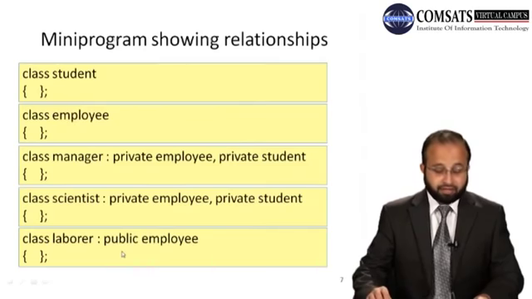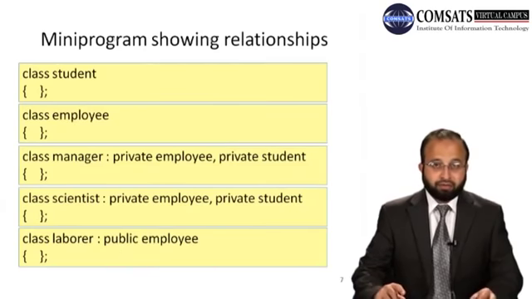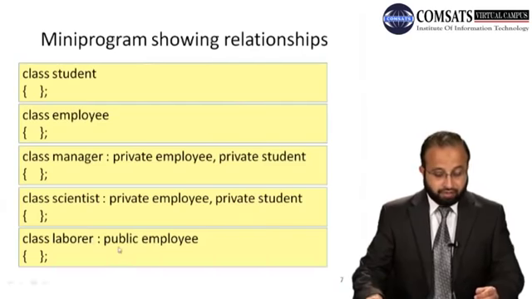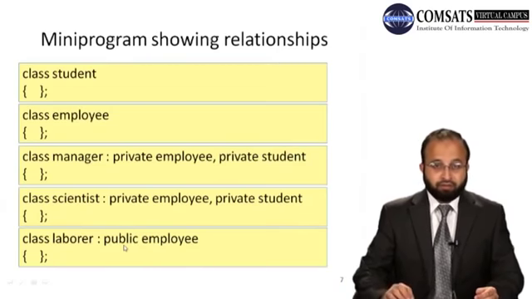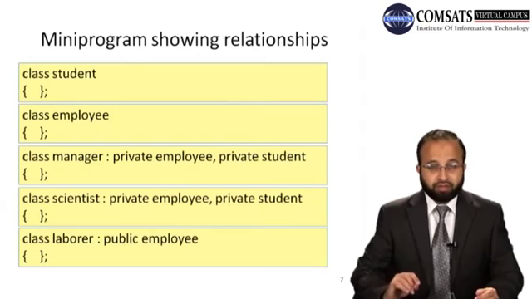But here with the laborer case, you remember the laborer class we created is an empty class, right? There is no function and no data member in the laborer class. So that is one of the reasons that we make this inheritance public. Why? Because we allow the objects of the laborer class to access the public functions of the